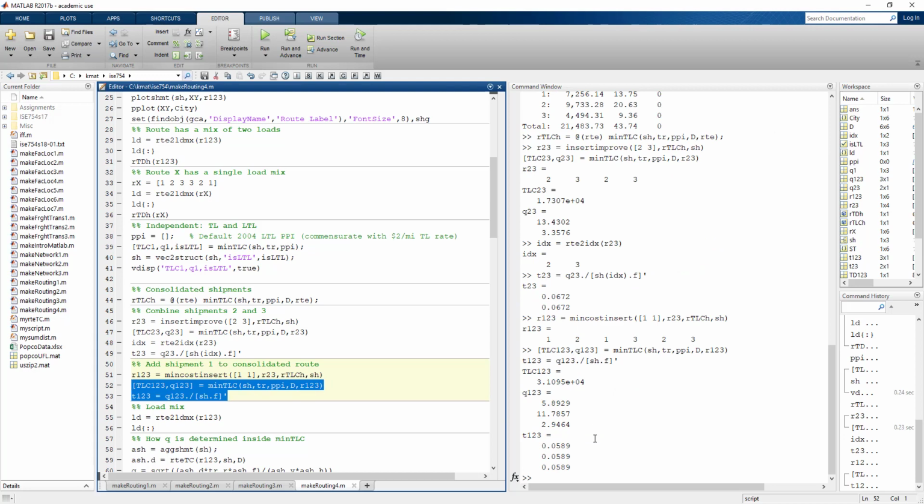And for this, we can see that for all 3 on board, the frequency has been reduced from 0.067 to 0.058. And also the quantities for shipment number 2, it was shipping over 13 tons. Now that's been reduced to under 12 tons. So there's been a reduction by adding shipment number 1. We're having less of both shipments 2 and 3 that we can ship, and our frequency has increased and our interval has decreased. Looking at the load mix,